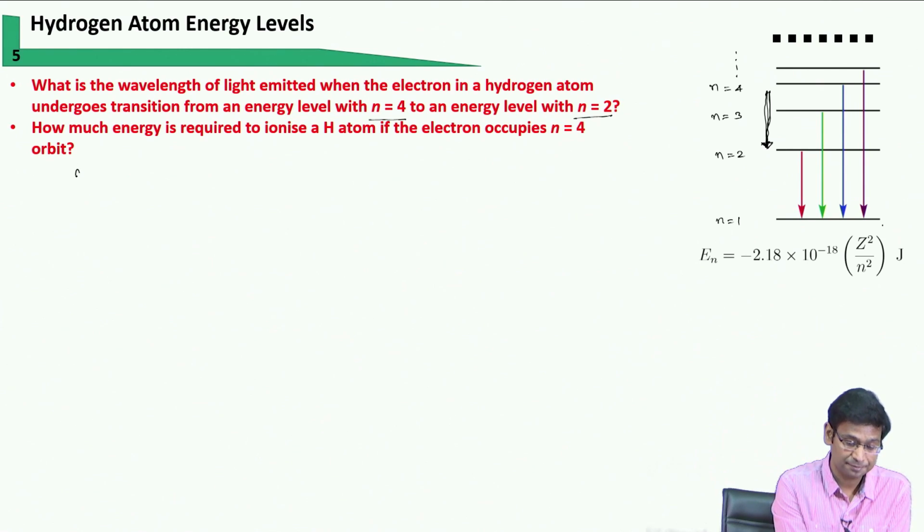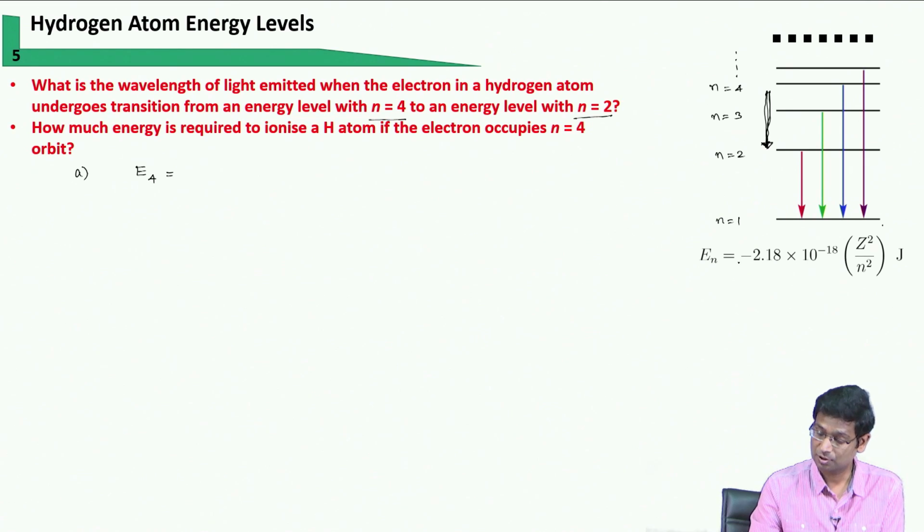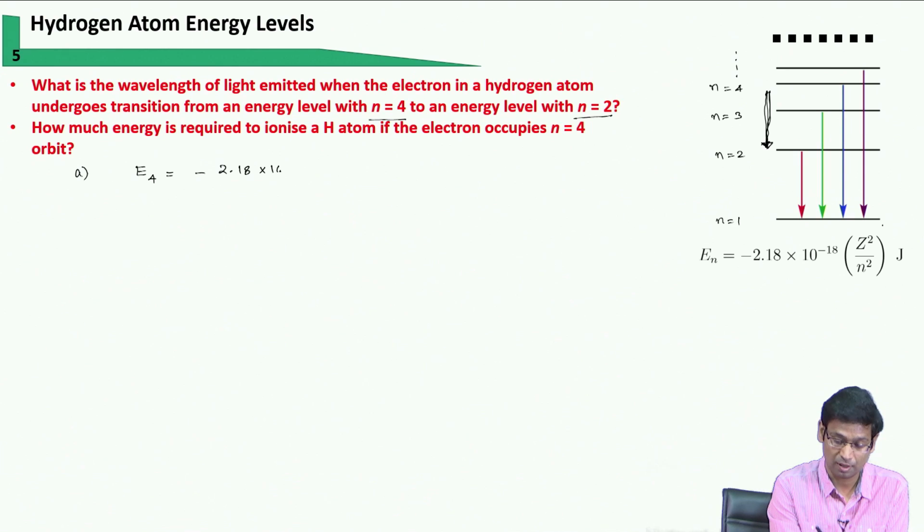To answer that, we first have to know the energy of the fourth orbit. This is very easy. We simply take this constant and multiply with the atomic number Z, which is 1 for the hydrogen atom, and n is 4 now. So, this is 2.18 into 10 to the power minus 18 times 1 by 4 square. This is in the unit of joules. What is the energy of the second level? n equals 2. This is again simple, 10 to the power minus 18, 1 over 2 square,